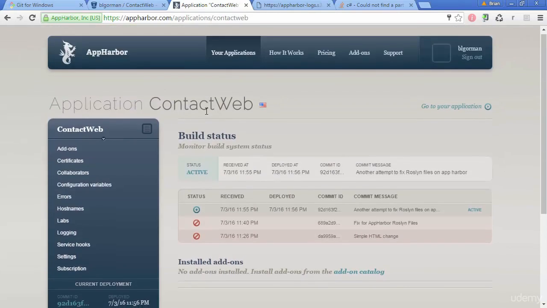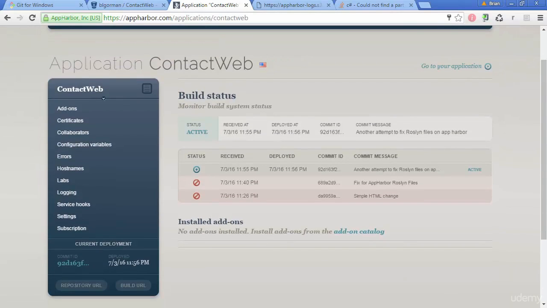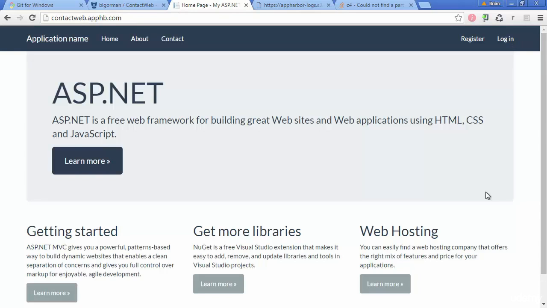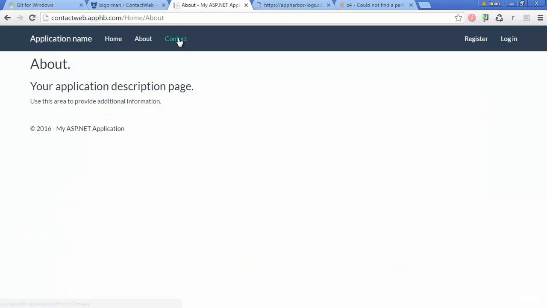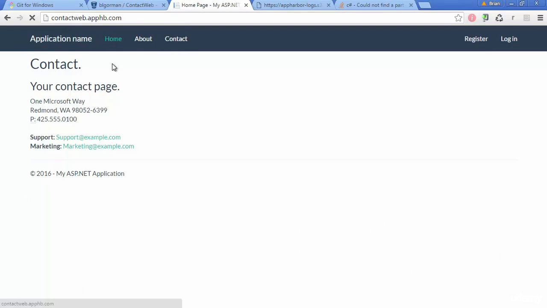And what we can see is that it does deploy. What we can see is that it does show that it's active. That shows our current build. And right here we can click to say go to our application. And then of course it may need to compile the first time it runs and spin up all the application pools and anything else that might need to start up to get our application to run on the web. And there we can see our Contact Web is out and deployed and running on AppHarbor after our simple